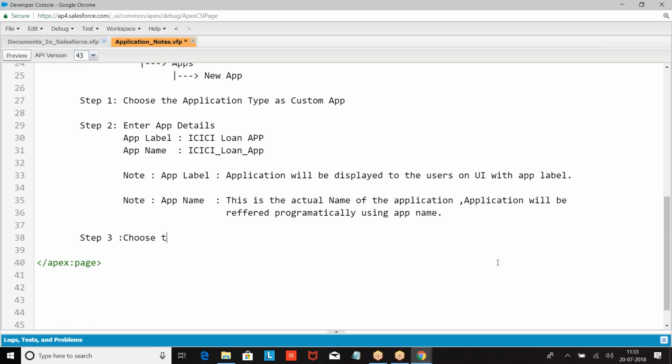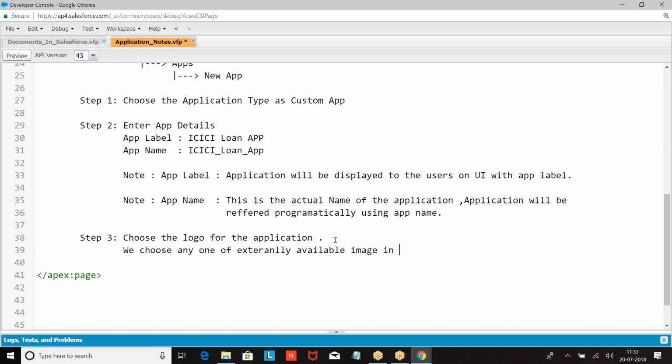Step 3: choose the logo for the application. We can choose any one of the externally available images in the document object.